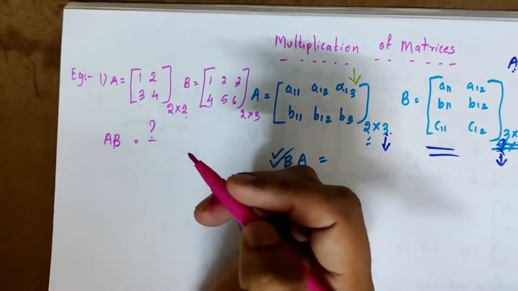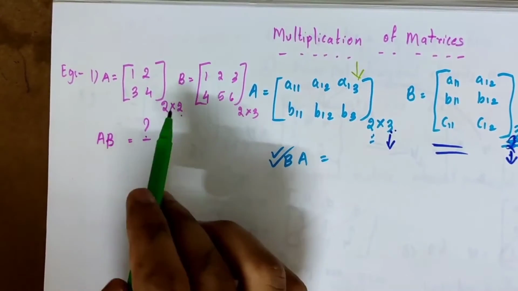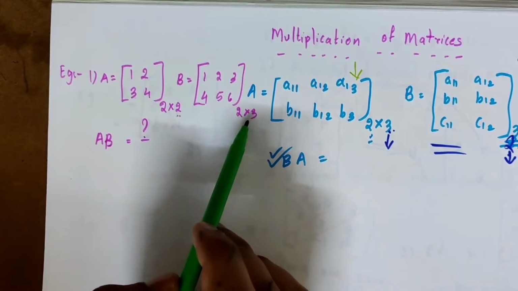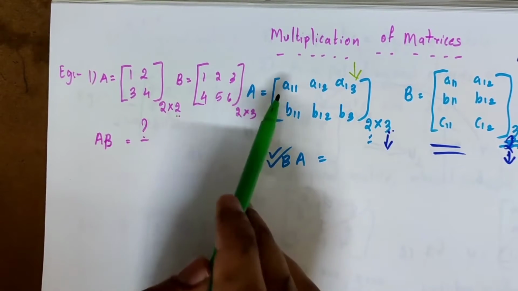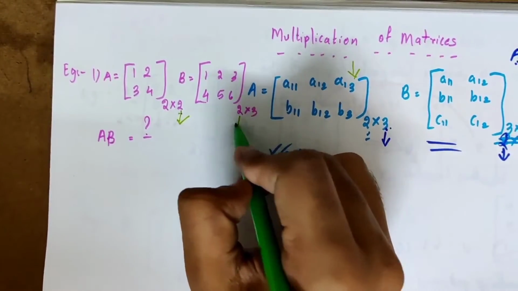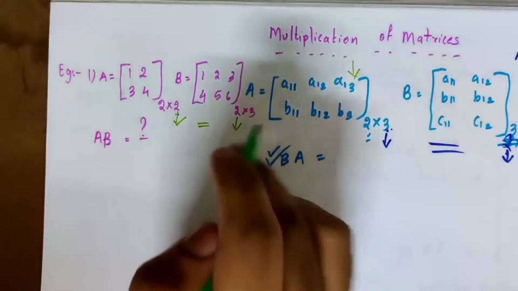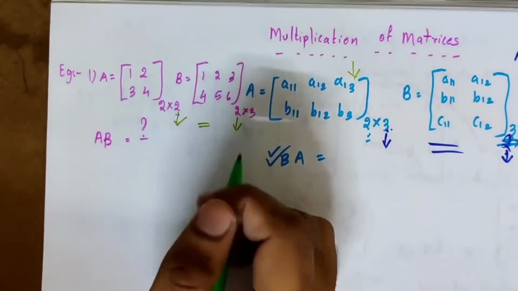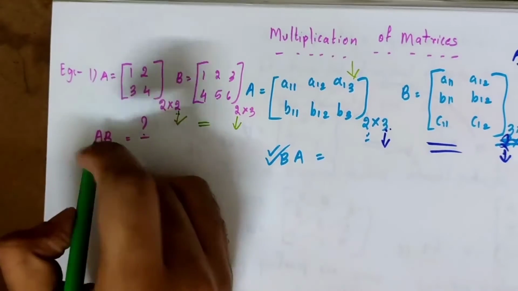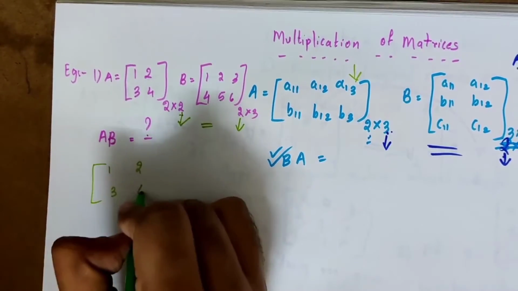This is my question. Whenever you are asked to multiply two matrices, what is the first and foremost criterion you should see? Whether the number of columns in the first matrix is equal to the number of rows in the second matrix or not. See, the number of columns here is 2 and the number of rows present in matrix B is 2. So these two are equal, so you can conclude that matrix multiplication is possible. Let us see the steps involved in the matrix multiplication. First of all, what you have to do is write these two matrices.